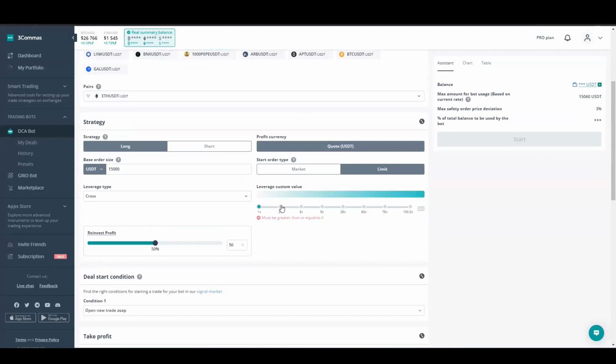It will be cross, and in order to be able to use this, we're going to use at least 2 lever, and we can also use 3 lever. So in our case, with lever 3, we're going to use 5,000 as the maximum amount for bot usage. In our situation, we have 10K. We are using 5K to open a 15K trade, and we have 5K aside in order to be able to